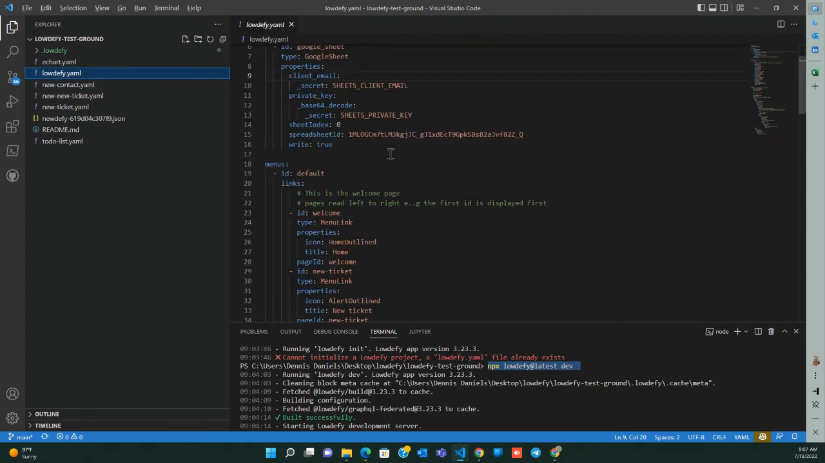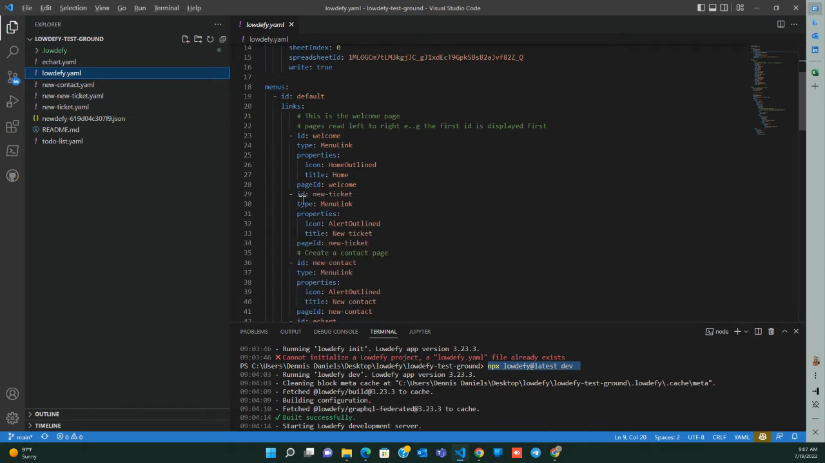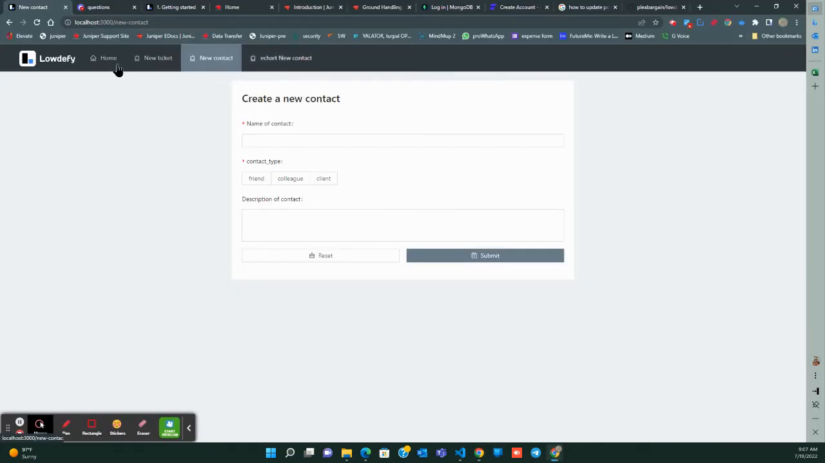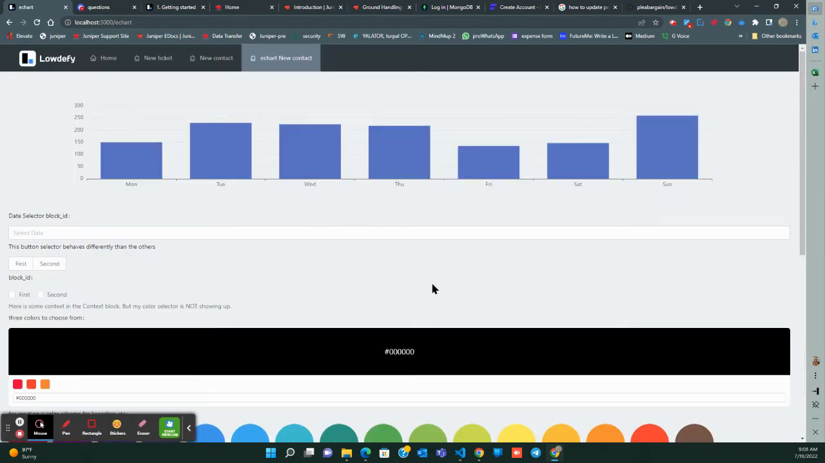And all of these pages are referenced in the lowdefy YAML definition page. You can see right here, new contact, new ticket, and e-chart. And all of these pages are right up here: home, new ticket, new contact, and e-chart. Now, e-chart is where I've been playing with the various blocks. And you can see, for example, first, second, this is some of my notes, and all of this was generated